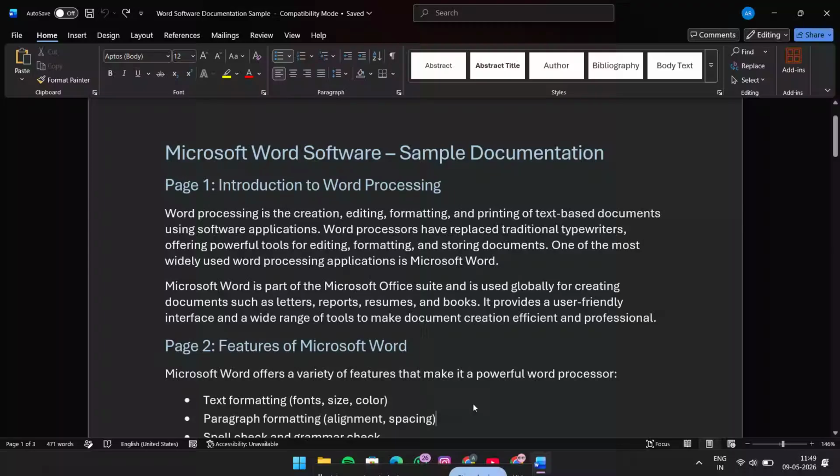Today, I'm going to show you how to disable advanced typography in Word quickly and easily. If you've noticed that certain fonts, spacing, or text behavior in Microsoft Word is not looking the way you want, this setting is often the reason. The good news is it only takes a few clicks to turn it off, and I'll walk you through the